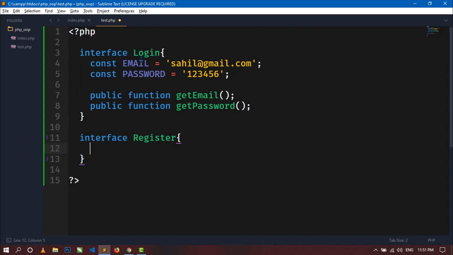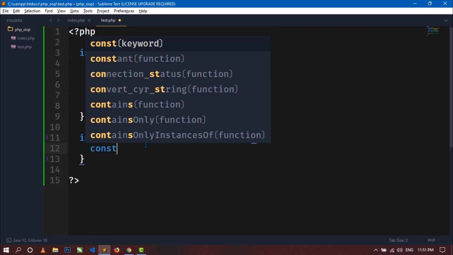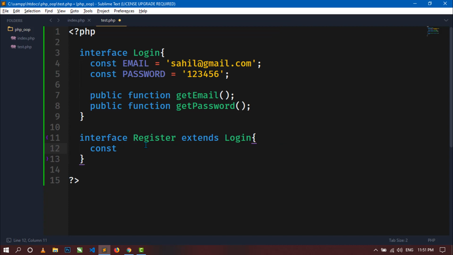If we do not extend this login, then we have to define constants like email and password again inside this register also. So let's extend this login in register. Now register has some inputs like const phone equal to